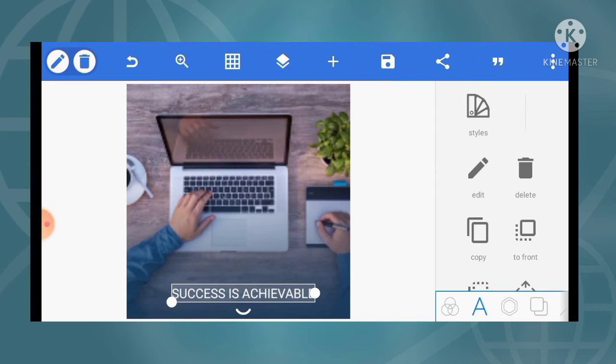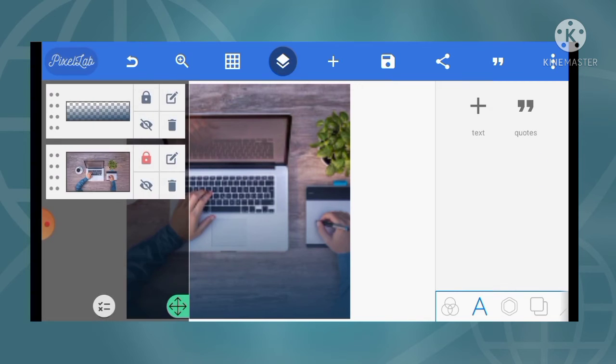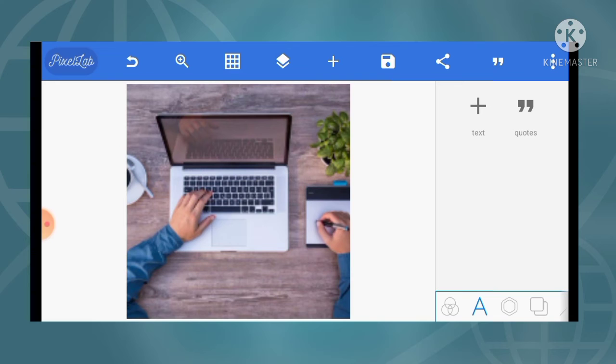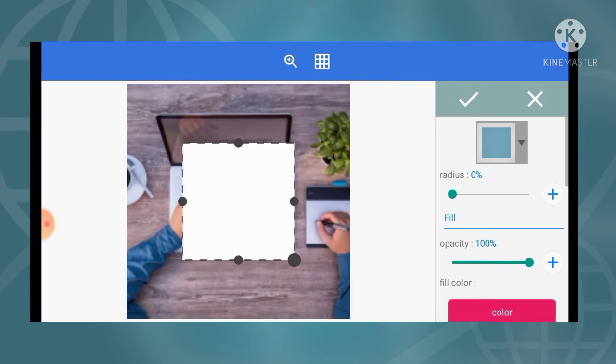So that is the first way of having a faded color. Alright, let me just show you the second one. The second one, you go to shape, select the shape,